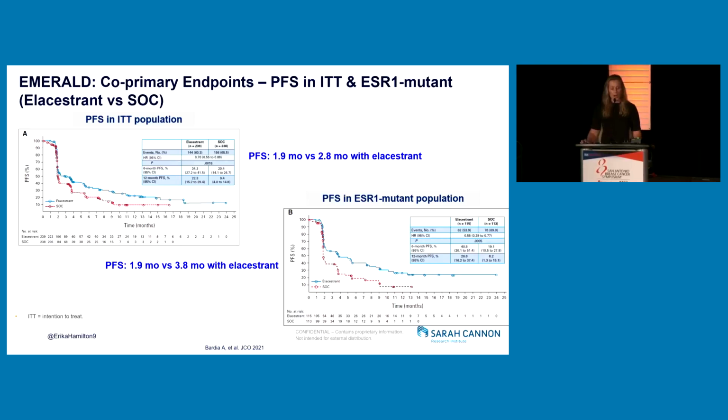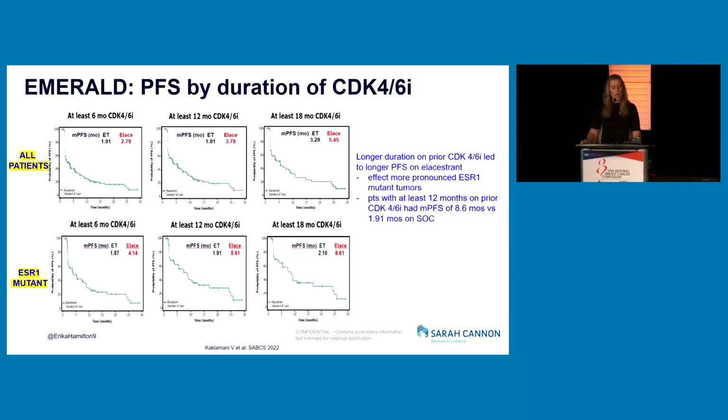And if we look over on the right, we were able to enrich for a patient population that got greater benefit by picking those patients that had ESR1 mutations, and now our progression-free survival benefit was essentially doubled, 1.9 to 3.8 months. Now, when we look at progression-free survival by duration of CDK4/6 inhibitor, this gets even a little bit